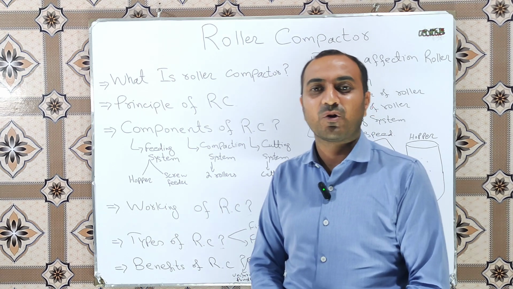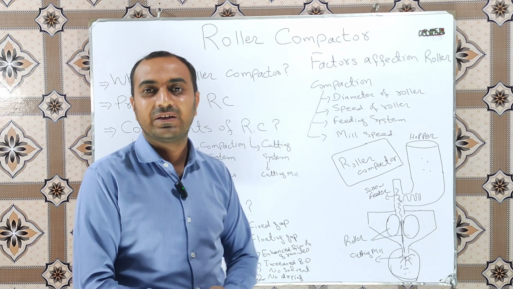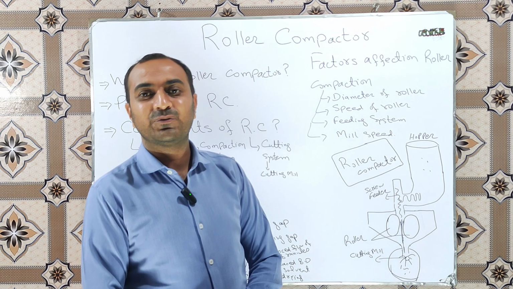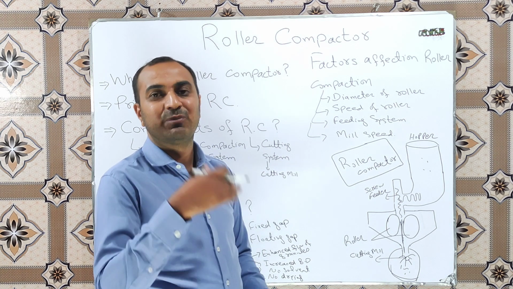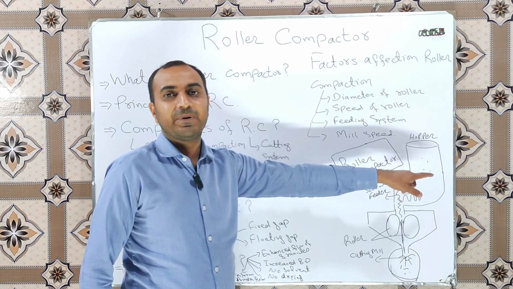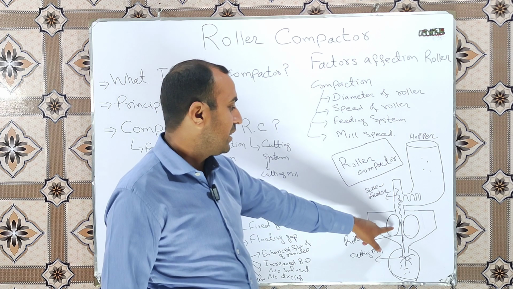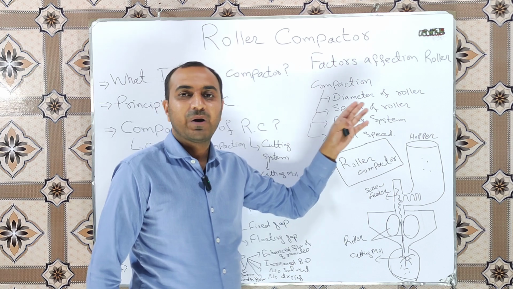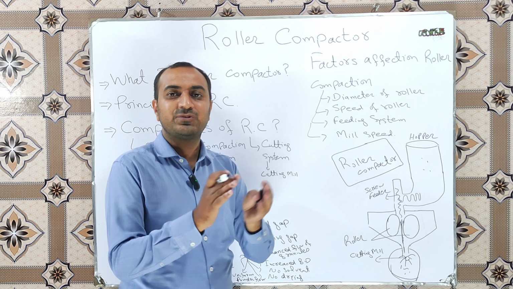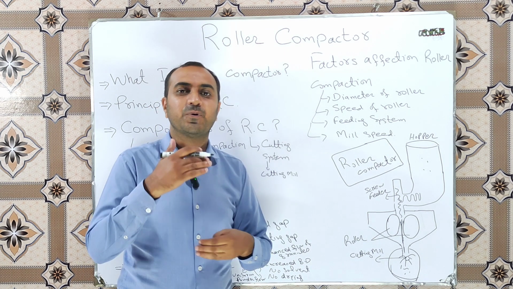Now one of the most important concepts: how the roller compactor works, or how we perform working on the roller compactor. For this we add our blend of active pharmaceutical ingredient and excipients, which are previously sieved and mixed, into the hopper. From this hopper, our powder is supplied through this screw type feeding system to the rollers. When our powder passes between these two rollers, the pressure is applied by these two rollers, and these two rollers are in motion in opposite directions.